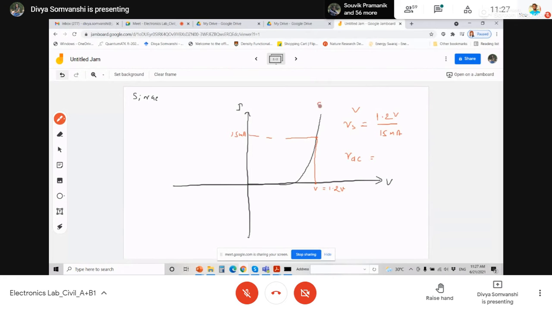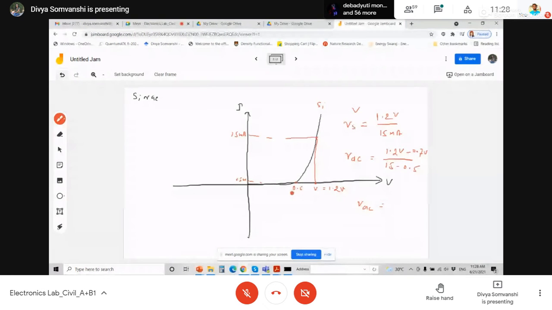It means if it is silicon and my cut-in voltage is around 0.6, I know the current value around that. It will come very small, I think 0.5 milliampere, whatever number is coming. So now you know two values, right? Difference 1.2 volt minus 0.7, and you can also differentiate 15 minus 0.5. With the help of that, you can determine your AC resistance. So this is the true value.